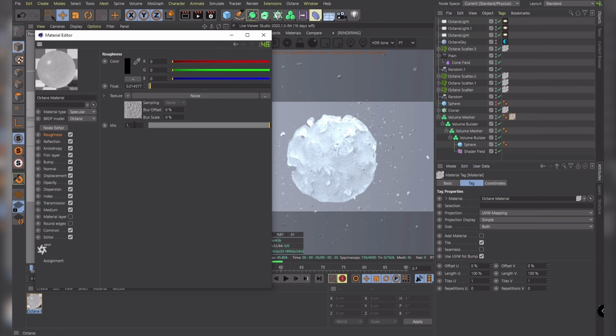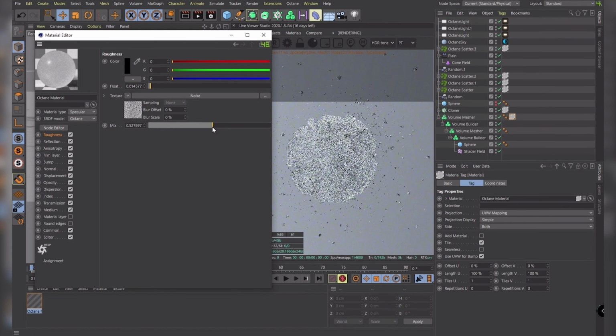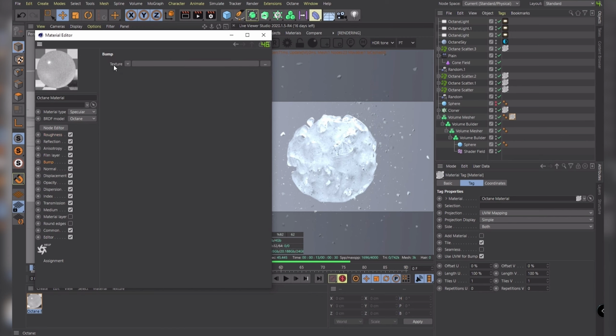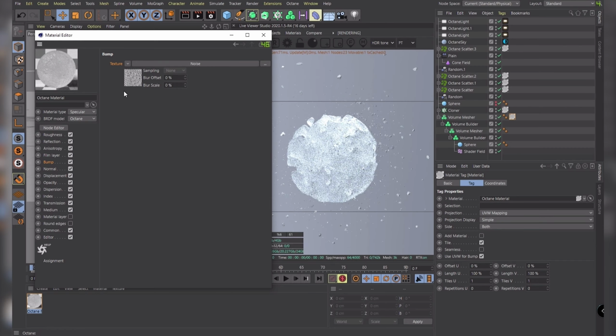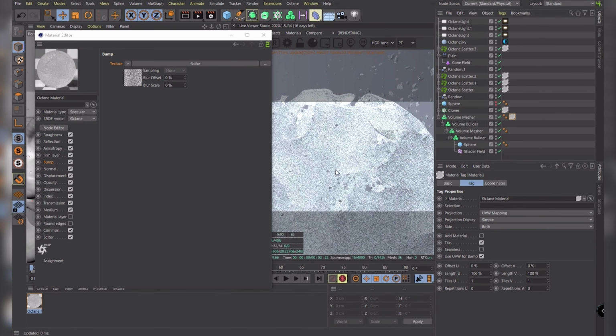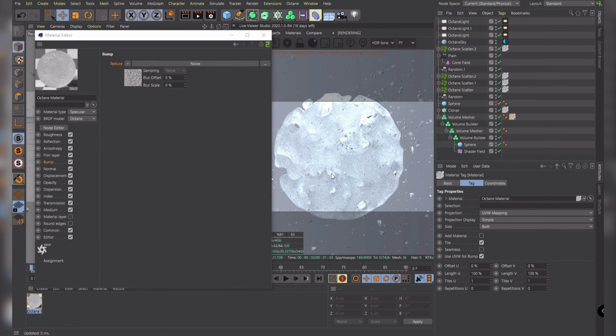But I'm also going to adjust the mix of this to be something like in the middle, so we have the original float color and the noise combined. I'm going to right click and copy this texture and go to the bump map and just paste it in here so it kind of copies that shape. So if we zoom in, you should be able to notice we have a bit of texture going on that is copying the roughness. So that's good.